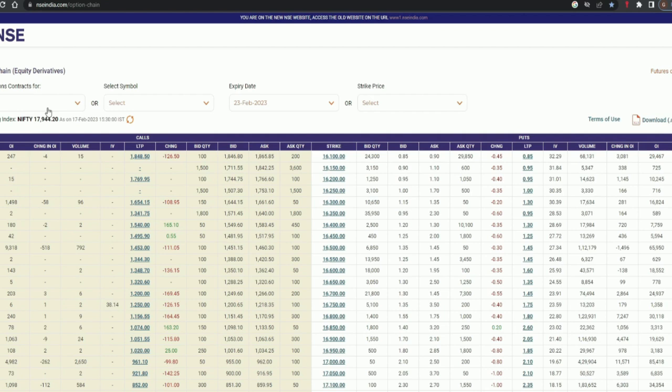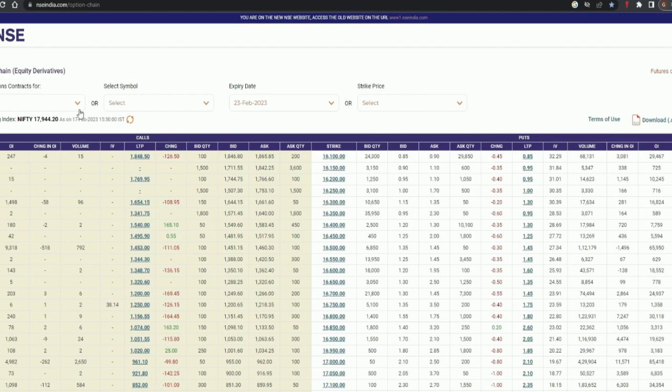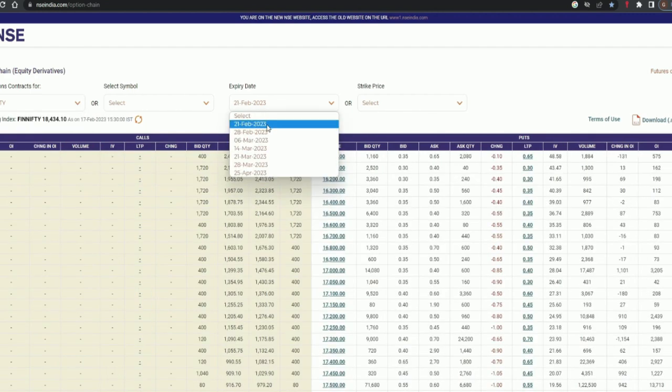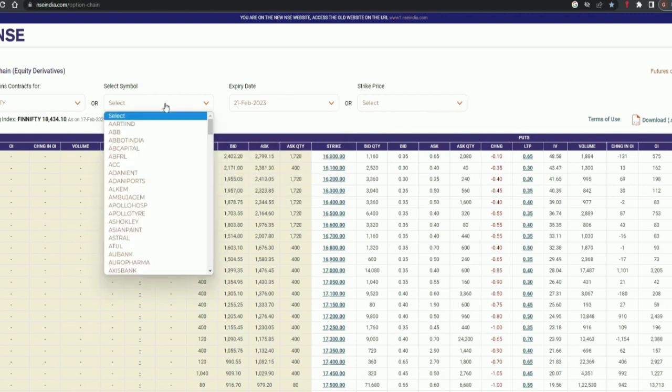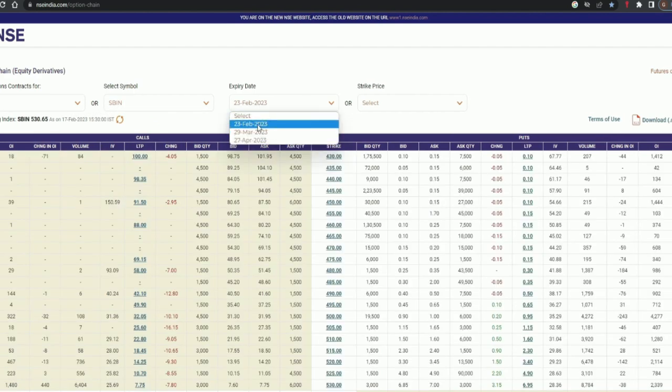Here is the option chain from the NSE website. This is the Nifty option chain. If you see the expiry days, you can find there is an expiry every week. In the month of March, you see the 2nd, 9th, 16th, 23rd. Similarly, we have it for Bank Nifty also. And if you look at FinNifty, there are expiry days every week. And if I go to any symbol, for example SBIN, you see there are monthly series only. There are no weekly series: February 23rd, March 29th, April 27th. Those are the monthly expiries for the stocks.